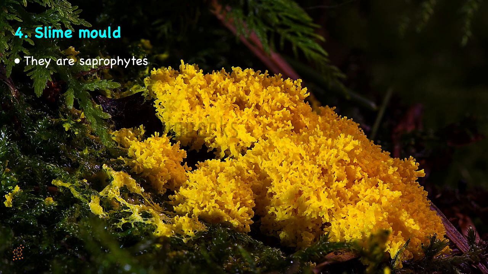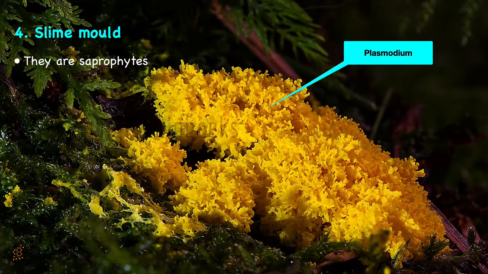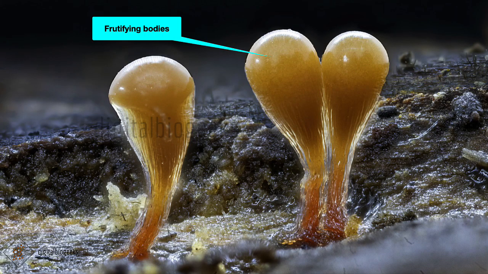Their life cycle begins with a spore. Under suitable conditions, the fertilized cell undergoes repeated division and they form an aggregation. This aggregation can grow up to several feet and is called a plasmodium. During unfavorable conditions, this plasmodium differentiates and forms fructifying bodies bearing spores at their tips. These spores can withstand extreme conditions and can survive for many years. The spores are dispersed by air currents.